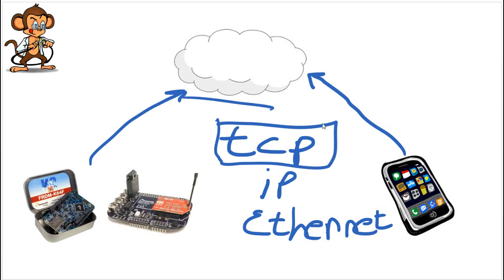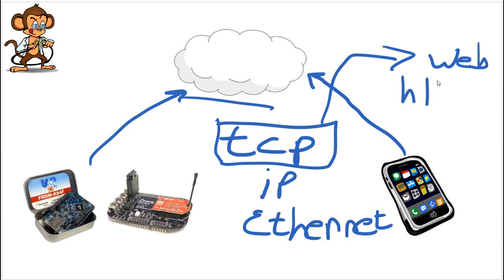TCP is used for other things such as the web server, which is HTTP. TCP is also used for file transfer protocol, and so on and so forth. But when things like HTTP and FTP were developed, the idea was